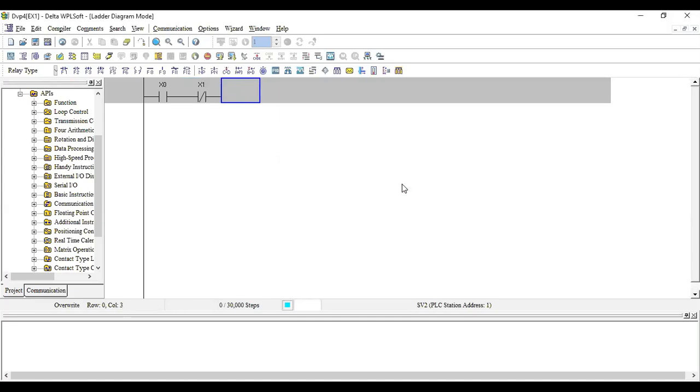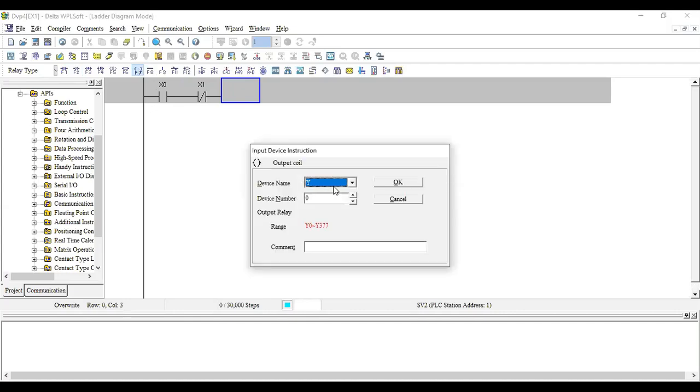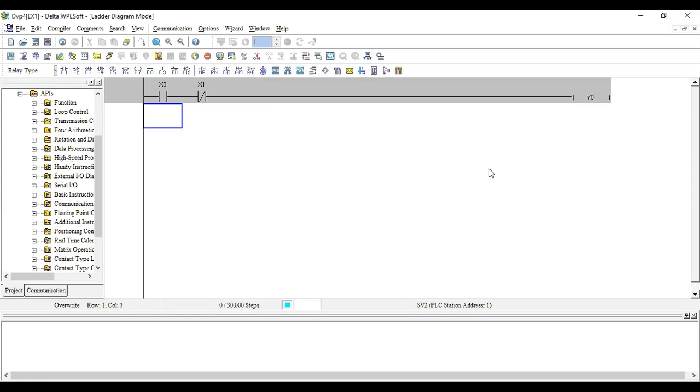Okay. So I'll use the output coil. My output is Y0. I'll just rename it as heater. It's not renaming actually, it's a comment. So if you just move your mouse over this thing, you will be able to see this particular thing. Okay, so this is your start button, this is your stop button, and this is your heater.